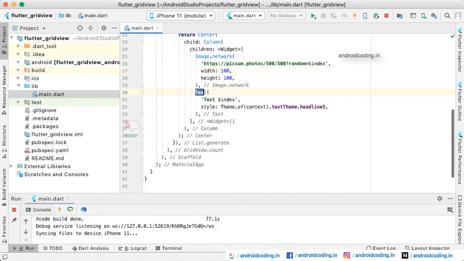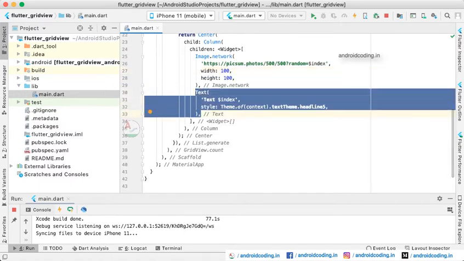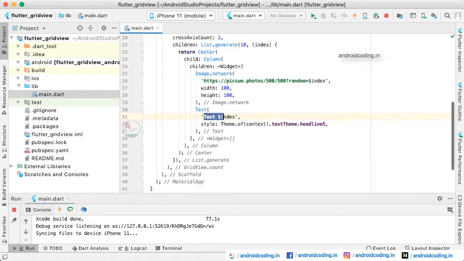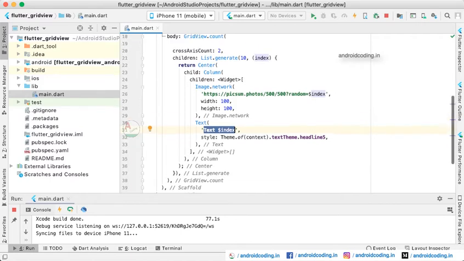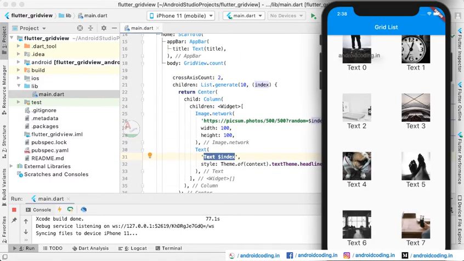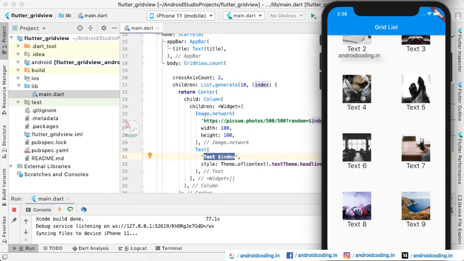In the same way, in the text we have just considered the index, and the text will be updated for every loop. So let us see the output. Here you can see the image and the text being loaded,